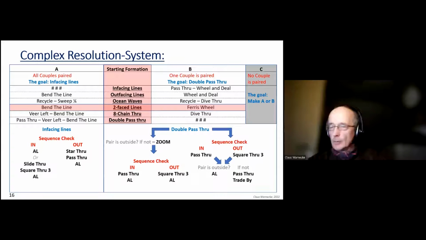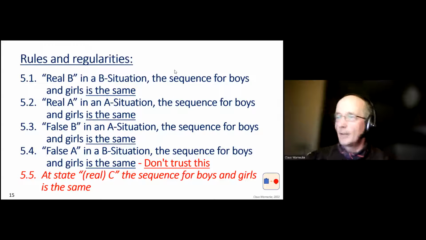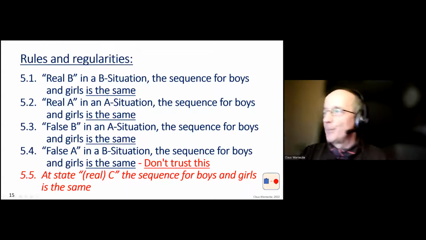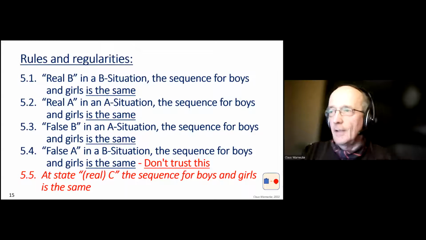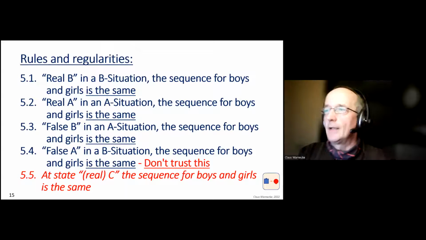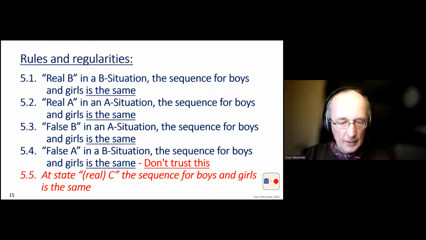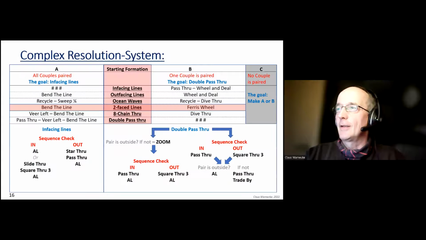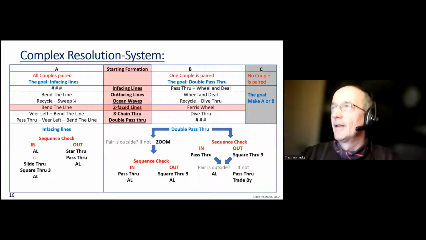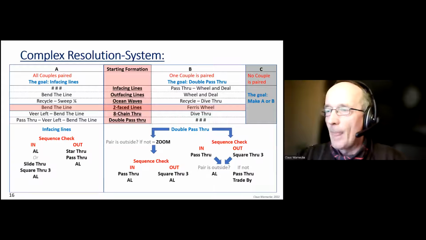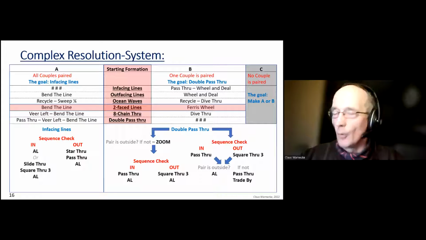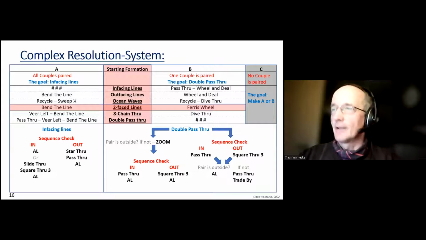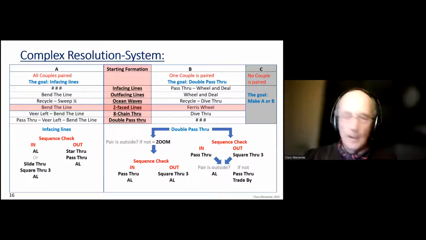So now we have the most important part. Daryl said at the end of the first part, we do not need so much element left spot. We only need a pass through, trade by formation or an H chain through formation. And that comes next. You remember this resolution system. From now, I don't use it. This is only my backup system,